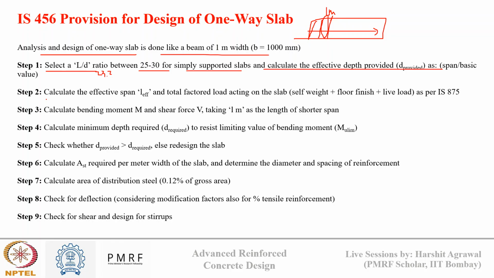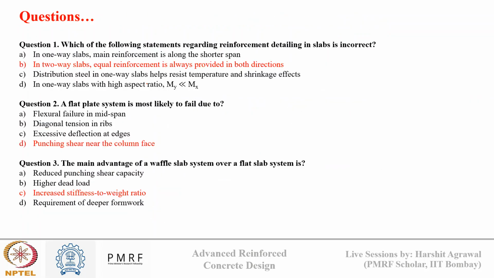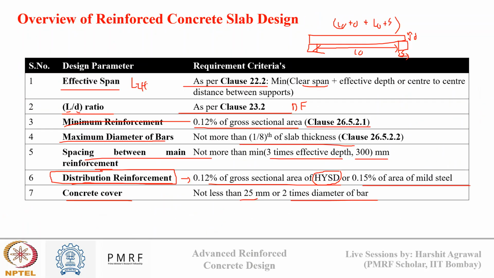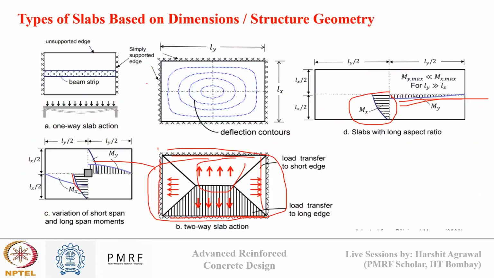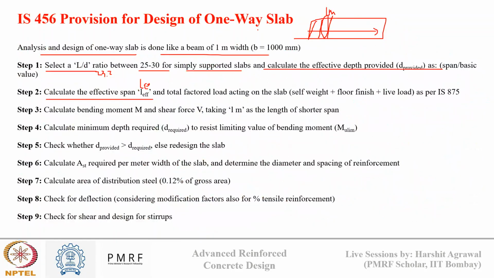Then we'll calculate the effective span, L effective, for which we saw the criteria in 22.2. We'll calculate the total factored load acting on the slab, which will include self weight, floor finish, and live load, and these values we can get from IS 875. Once we know the total load and L effective, we'll calculate the bending moment and shear, taking 1 meter